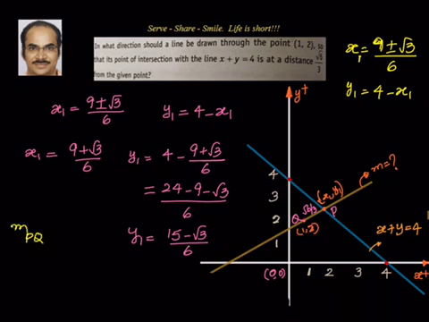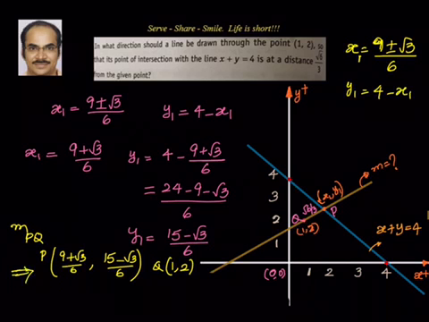PQ slope is equal to y2 minus y1. So we have 2 points now. First point is P. P is given by 9 plus root 3 by 6 comma 15 minus root 3 divided by 6, and Q equal to 1 comma 2. We need to find out the direction of the line. That means we need to find out the slope of PQ. So let's simplify that. We will have y2 minus y1. So can I write down